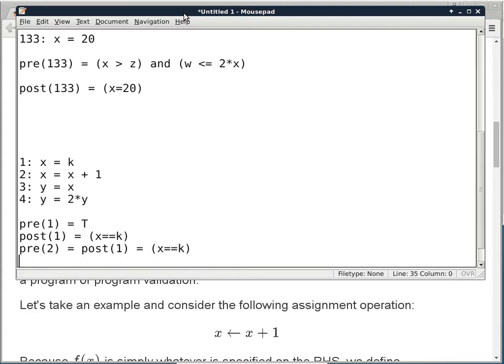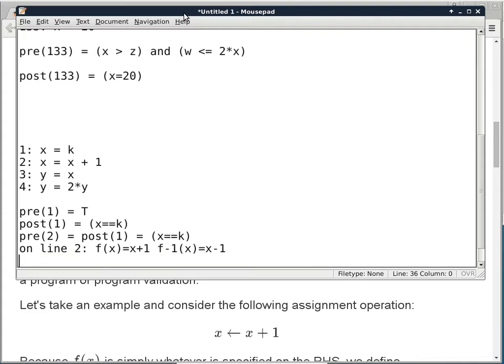Now on line 2, f of x is x plus 1, so f inverse of x is x minus 1. Is that okay so far? It's not enough to know that the inverse function exists. You have to know what it is, because we have to apply that in the substitution operation. So knowing that we have an inverse function and the inverse function is just x minus 1, this is what we'll do. We say post 2, the post condition of line 2, right after line 2 executes, the following has